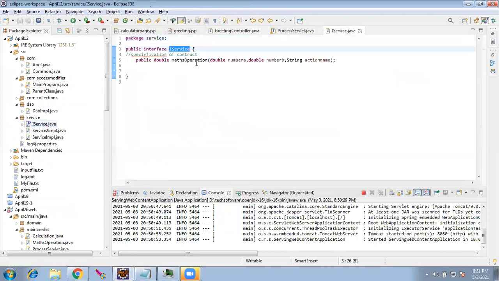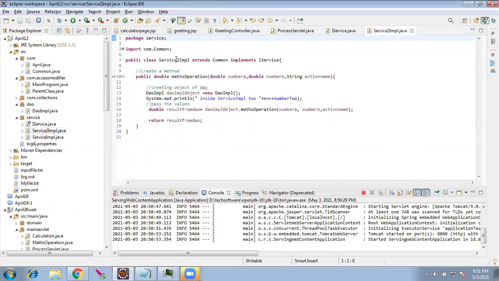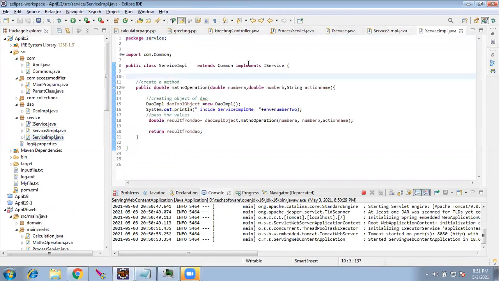See here, Matt, this is the file which we created on day one. Service implementation extends common, implements iService. I created another implementation, right? With same interface. Yeah, the same thing, just to be wired. That is the reason on day one I created this folder structure, because I kept Spring in mind. Only when you are introduced to these things, it will not be new to you. On day one, what we did, we just used the new keyword to call this; instead of that, we wired. That's all. You're right.